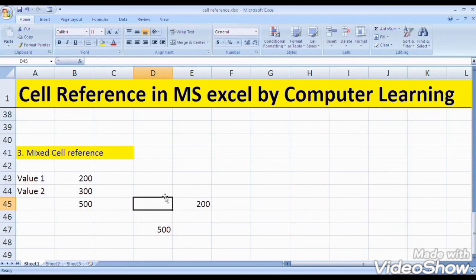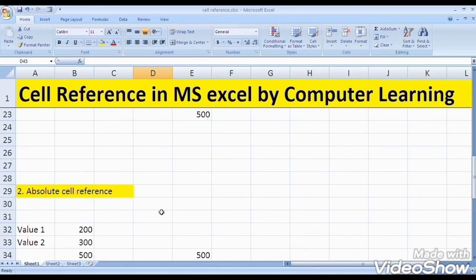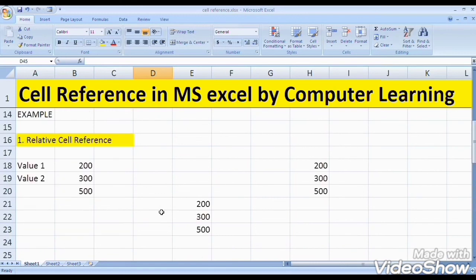Open the textbook, read carefully, and do it practically on your computer also. Okay, that is the very important information about cell reference in MS Excel.